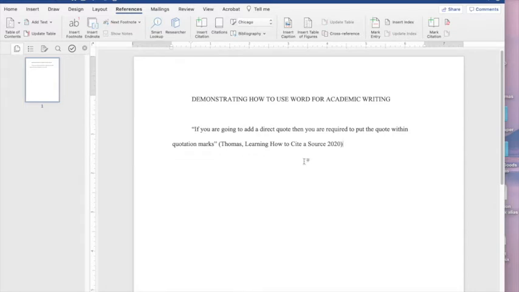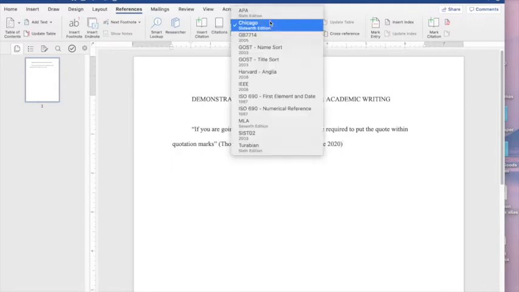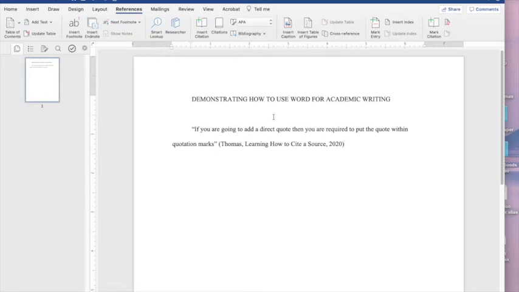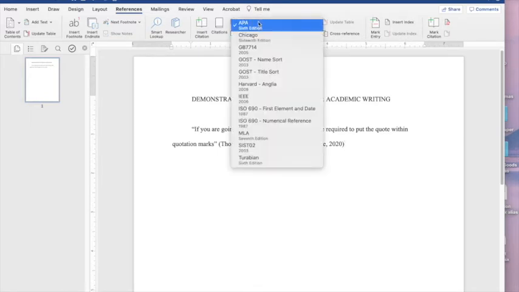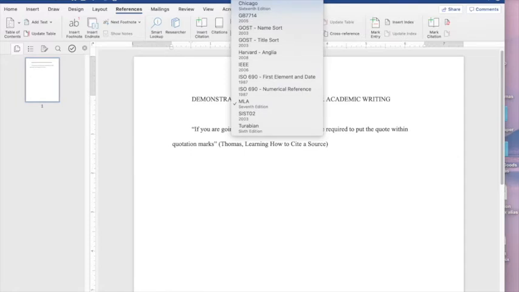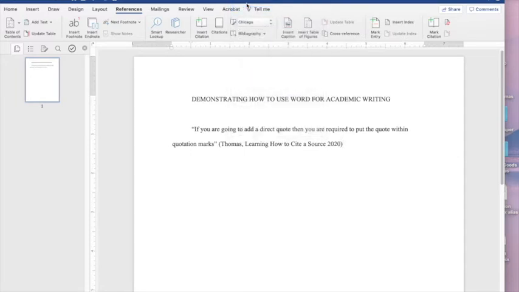properly done. What's interesting is if you later come back and say, I'd like this to be done in APA, it will change the format to match that style. So we could use MLA, it reformats it for that, go back to Chicago, and it reformats it for Chicago. Okay, now,